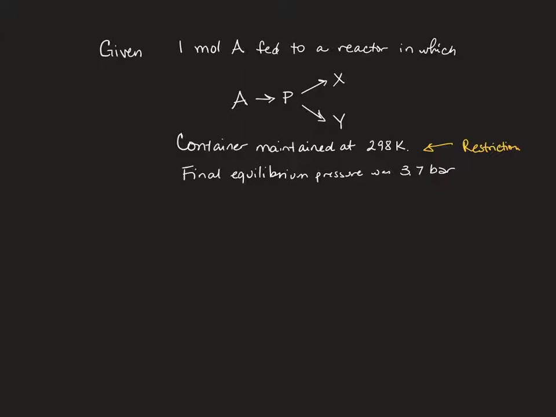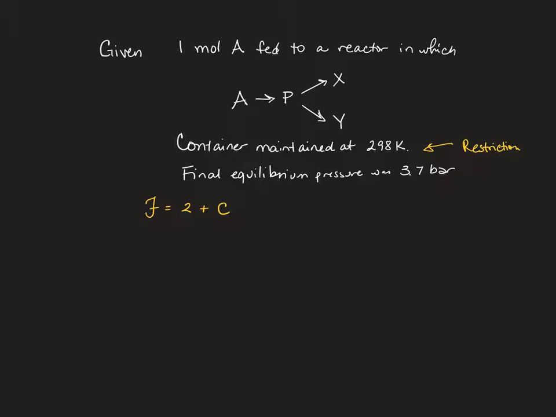And then it said that the final equilibrium pressure was 3.7 bar. We didn't hold the pressure there, we just allowed it to naturally come to that pressure. Okay? So you were asked to use Gibbs phase rule to explain whether or not this was over or under or properly specified. And so just as a reminder, Gibbs phase rule says that the degrees of freedom is 2